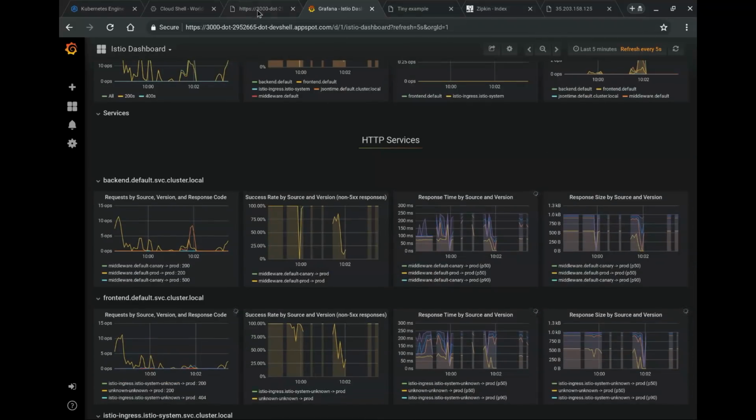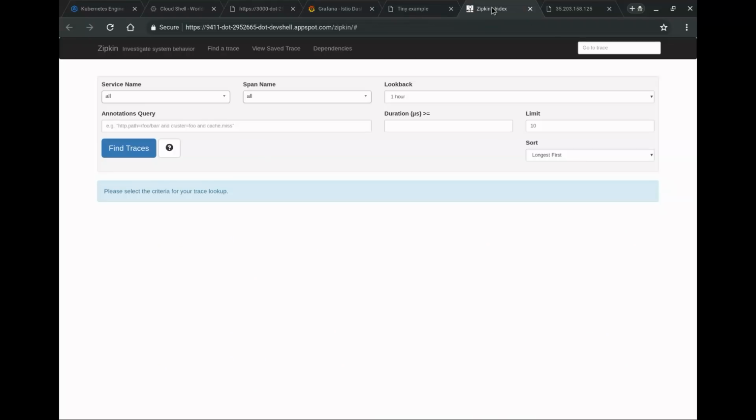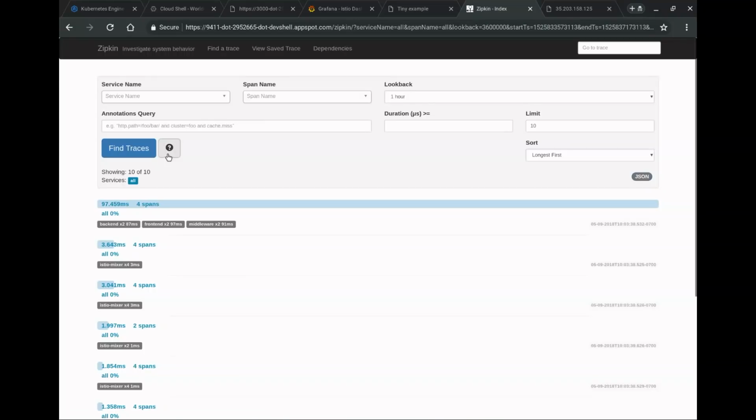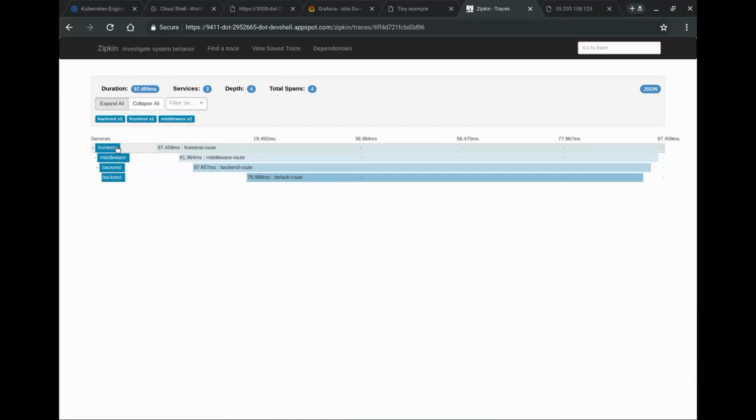And then finally, we can use something like Zipkin or Jaeger to do tracing. So our Stackdriver Trace, a lot of these tools all work. So let's find some traces. You can see here, our front end talks to our middleware, talks to our back end. And obviously the back end takes the longest amount of time because it's talking to our external service, right? But even more interesting than this,